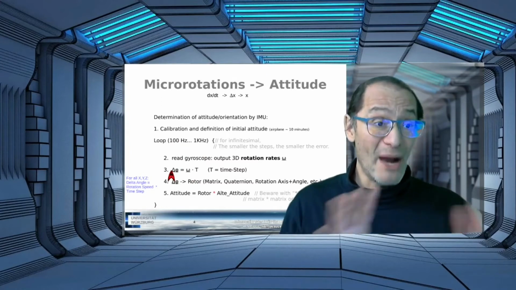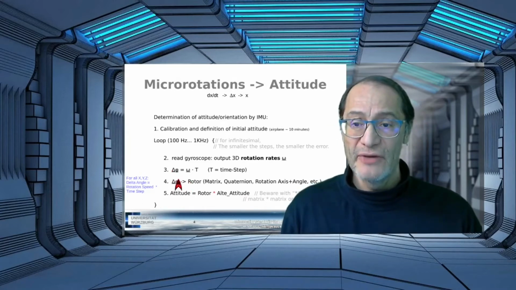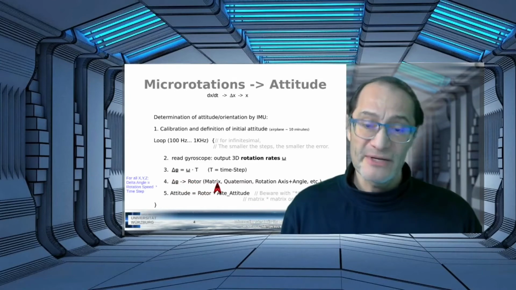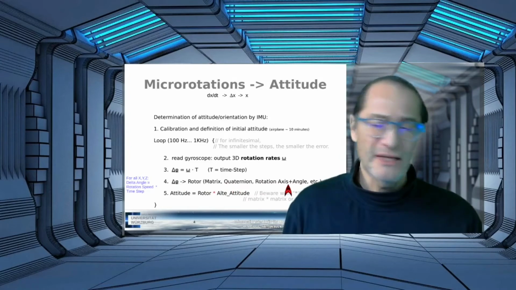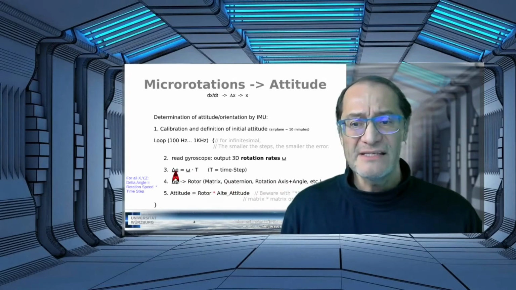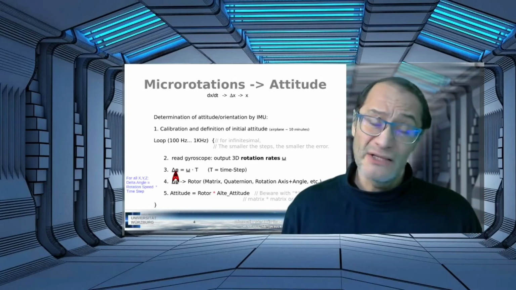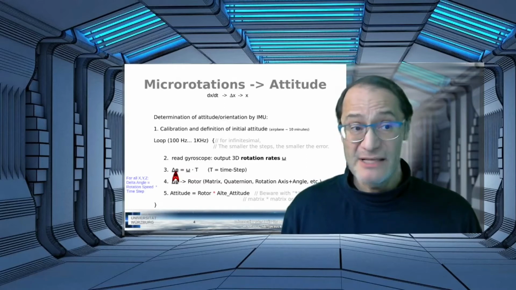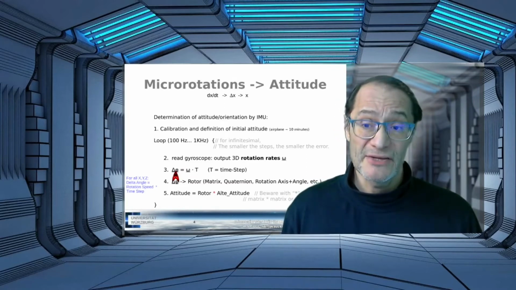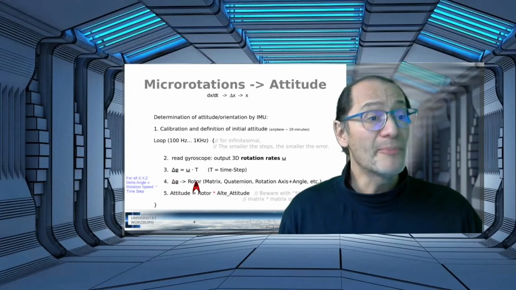Then we have to combine all these three axes to one what we call a rotor. This rotor can be represented as a matrix, a quaternion, rotation axis, or something like this. There is a difference here. We have the delta in each axis. But that's not enough. It's okay for a representation, but not for integration. This is in Euler angles, only for representation and for measurements. Okay, when we have computed the rotor,